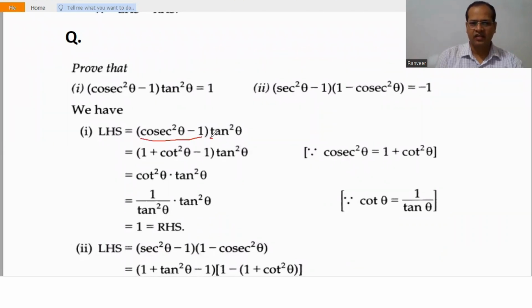cos²θ, this is tan²θ. So cosec²θ minus... sec²θ, we can convert it into 1 plus cot²θ. Thus 1 will cancel and this becomes 1. Now similarly,